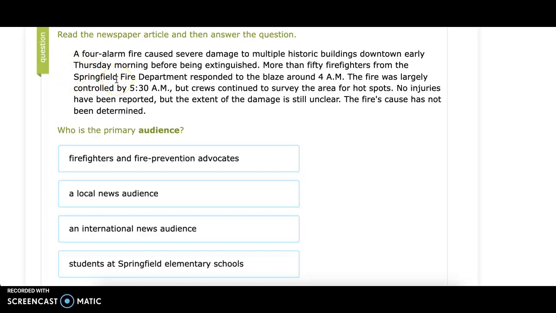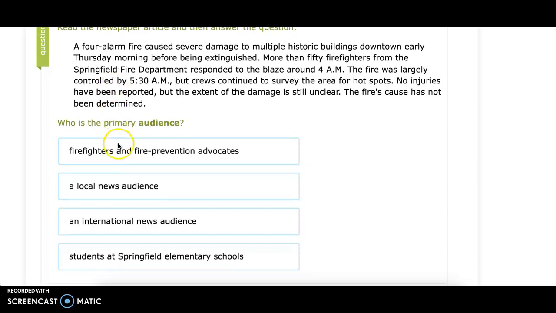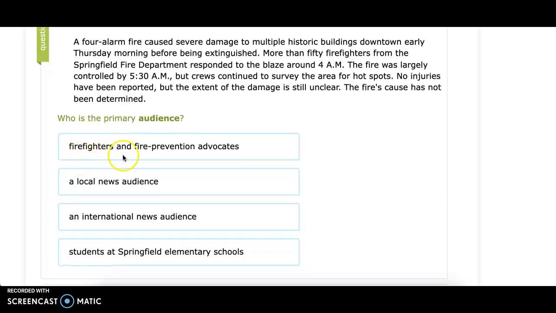Now, when we use those terms that are pretty vague and broad, there must be an assumption on the writer's part that the reader knows about this particular fire department or knows where these buildings are located in their own downtown. So as I examine my options, probably not going to be written for firefighters. Firefighters would have already had their own knowledge of the event because they would have been there. A local news audience, now that makes a lot of sense, because if they're local, they would already be familiar with the details of